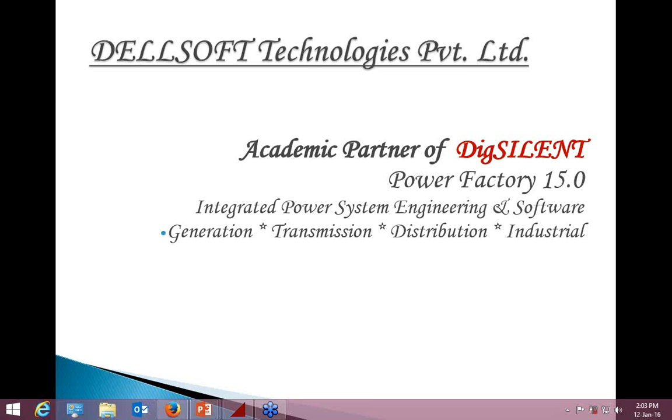A tool for generation, transmission, distribution, and industrial networks. DIgSILENT has set a standard trend for more than 25 years. The proven and advanced PowerFactory software is fully functionally integrated with its applications